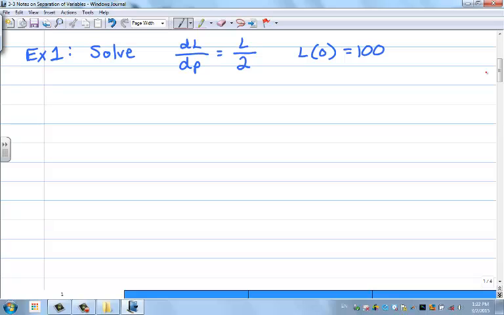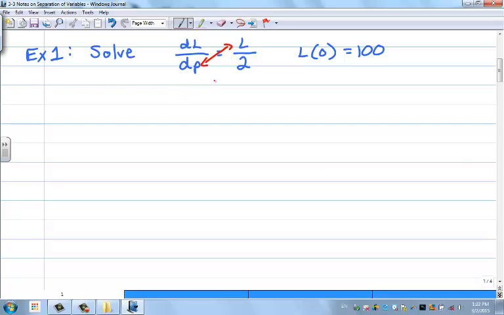So here's example 1. Solve dL/dP equals L over 2, L of 0 equals 100. So what we want to do is divide both sides by L and multiply both sides by dP. Basically what's going to happen when we do that is those two things are going to switch, and that won't change the value of the proportion if those switch. So I get